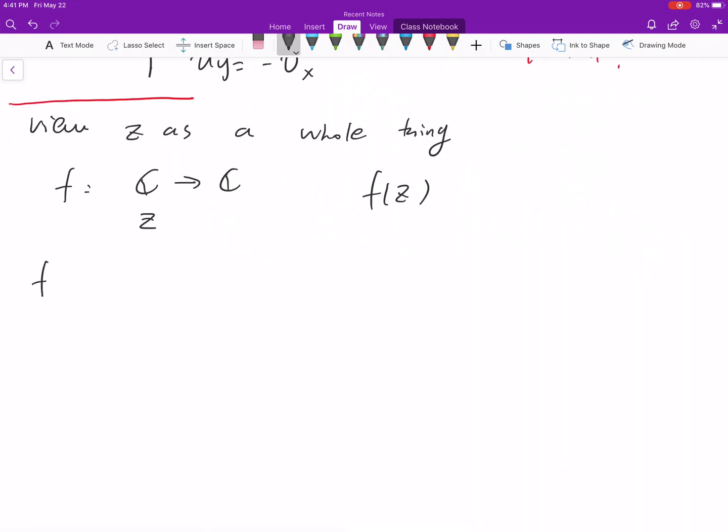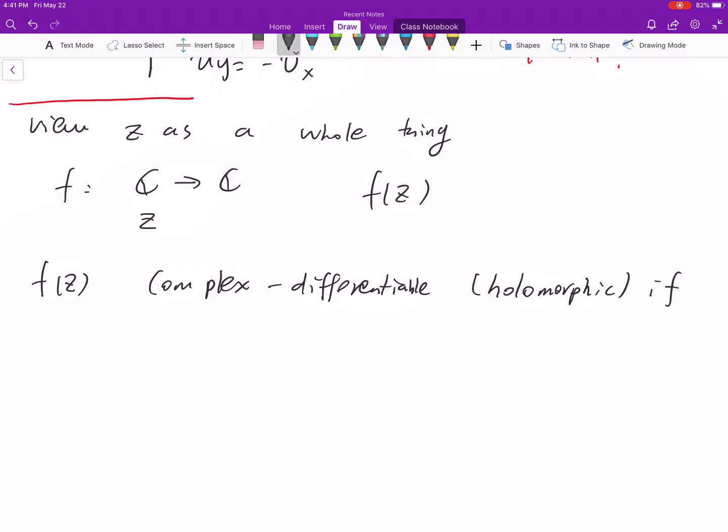If we want to generalize, a naive way to do that is formulated as follows. We call f(z) complex differentiable, or in more standard notation holomorphic, if there exists L, but now it's a complex number, such that